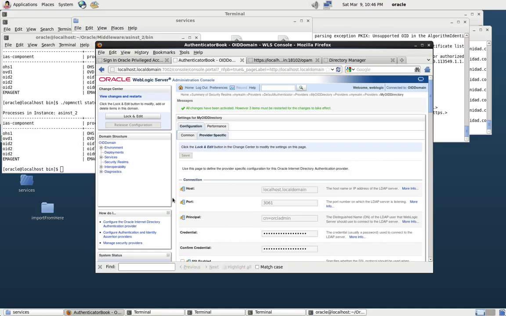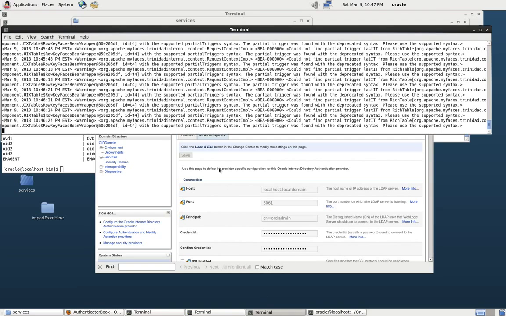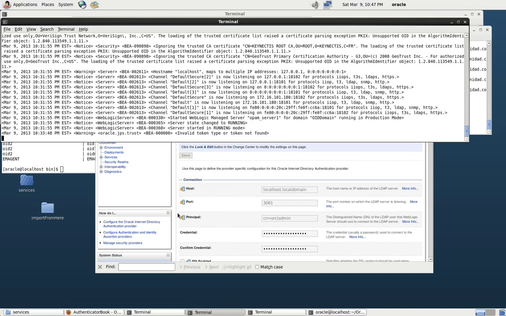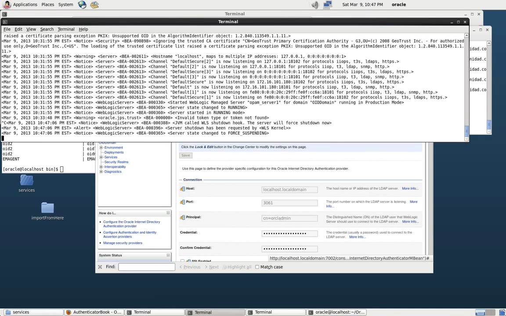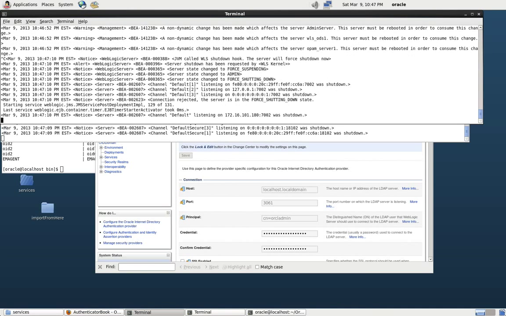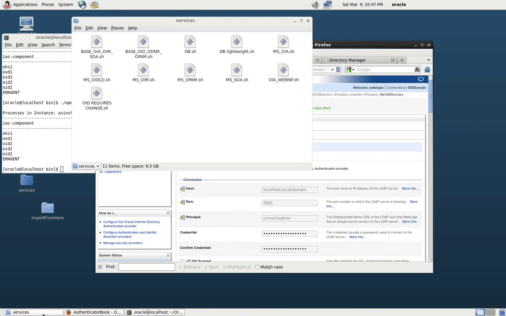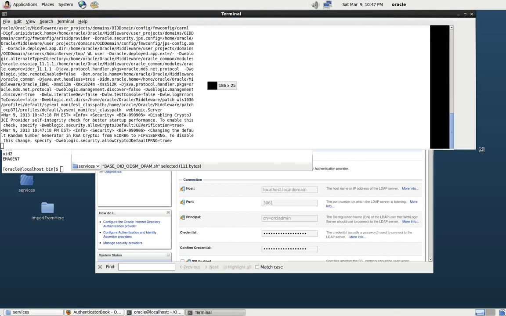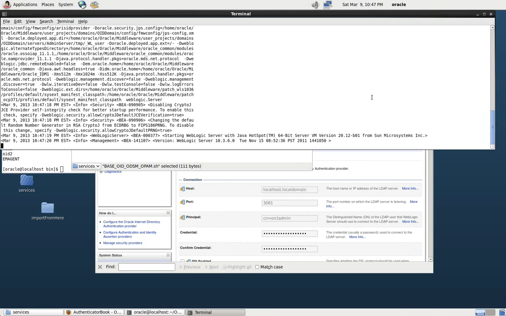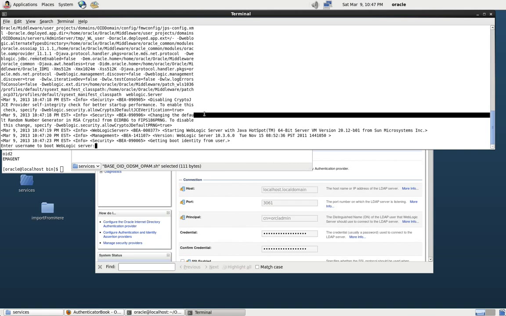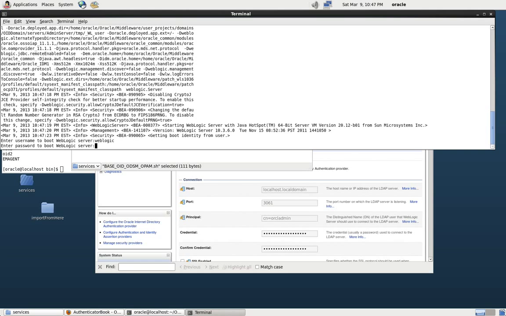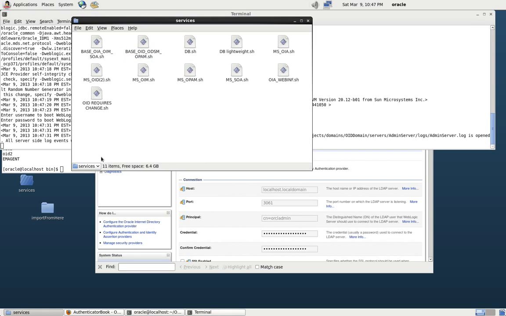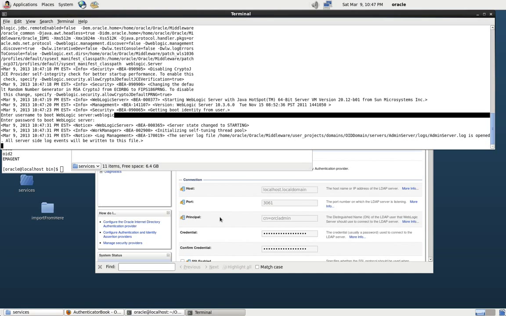So in order to make sure that the changes are actually made, I need to shut down all the servers. Well, the WebLogic servers as well as the OID. OPAM is fine, but I'll just make sure. So I have here already a shell script for the WebLogic instance. WebLogic. That's good. Once that's done,